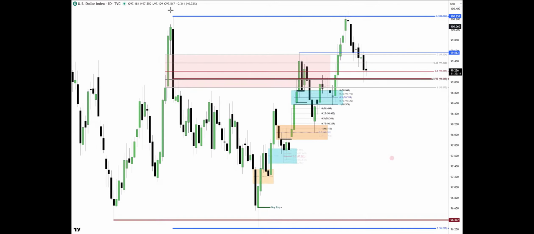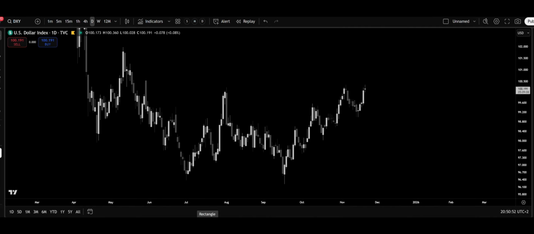That's not how to chart the DXY. You don't start from the 1 day on the DXY. You have multiple higher time frame ranges interacting with the price. It's like shallow. It's not understanding how to analyze the DXY. But I will do it on the 1 day just to show you on the 1 day how he made his mistakes.